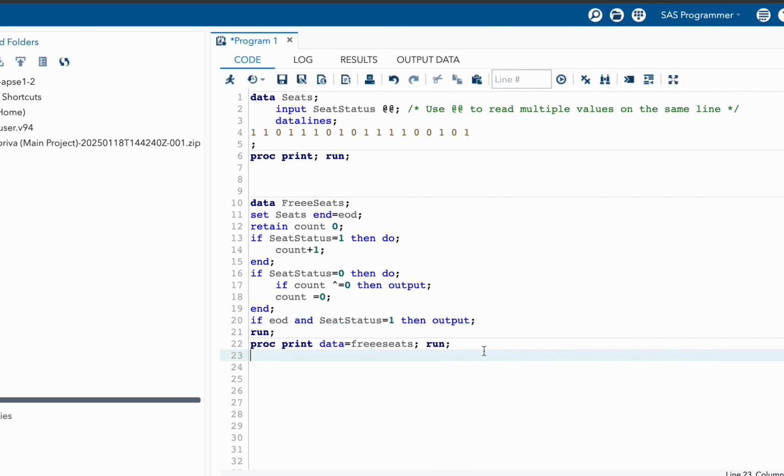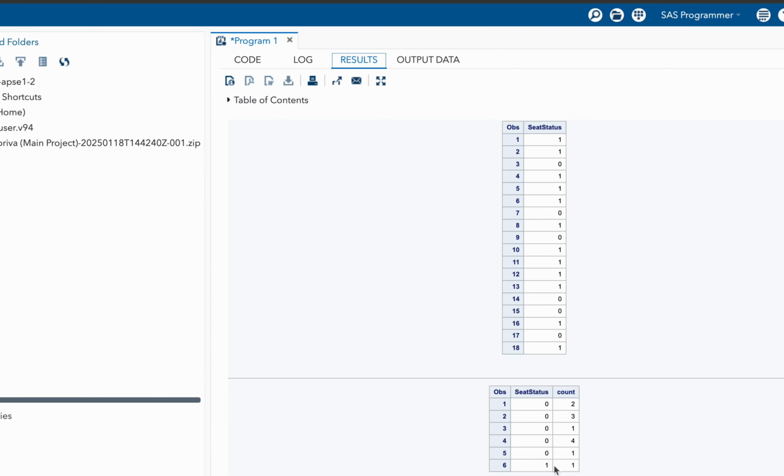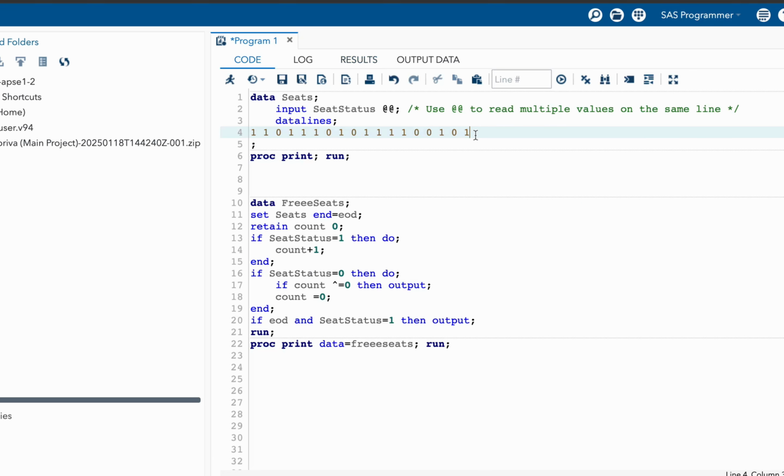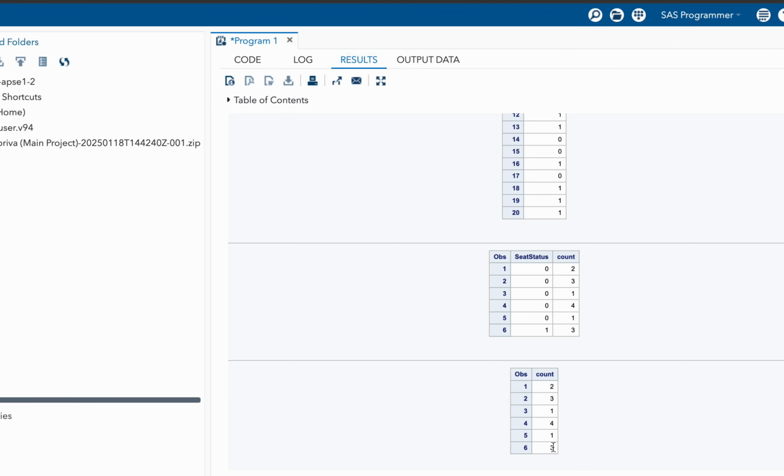So now let's run this code again. You can see now we have this one here, and this code will work for multiple ones as well. So now we have 3 ones at the end, and let's run this code. You can see now count is 3. So this is how you can solve this problem.